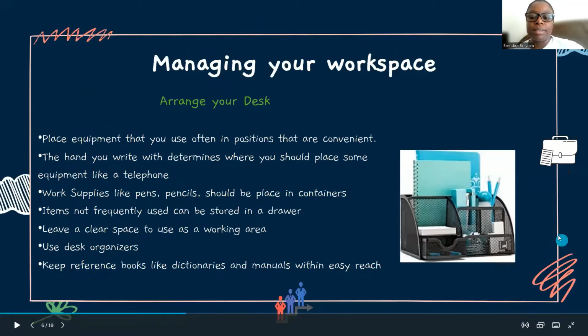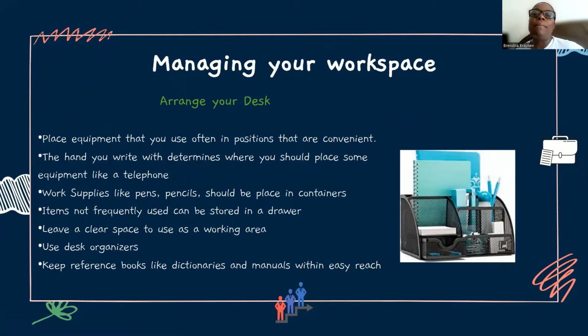Managing your workspace. A great part of organizing your workspace is going to come with managing it and making sure everything is arranged so that we support the theory of ergonomics. We support health and safety. And so a part of managing your office space means that we want to make sure that our desks are always arranged properly. And so that means equipment that we use frequently, normally we want to make sure we put that very close,